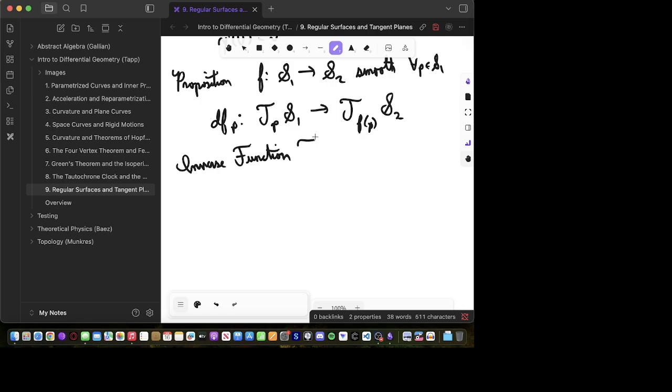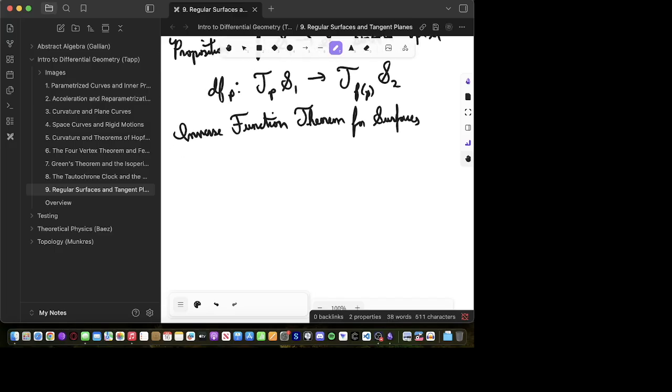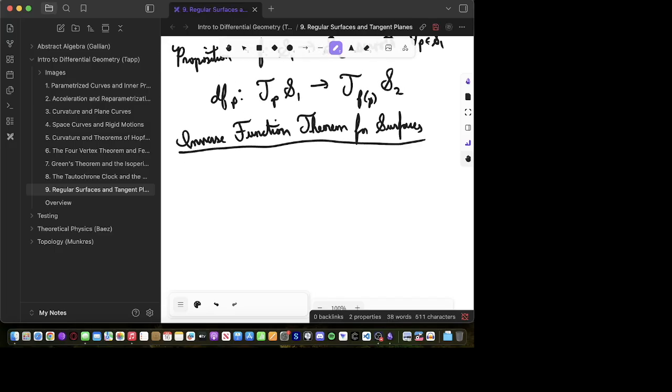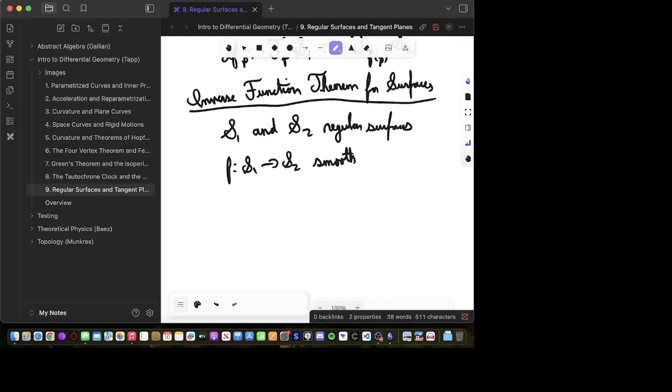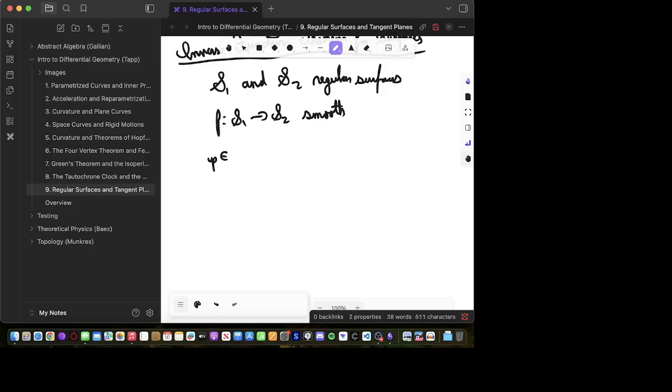Again, I sort of didn't do it justice last time, but now I have more space on my computer, so hopefully I should be able to discuss some more. But this time we're going to be looking at it for surfaces. So, suppose we have two regular surfaces, S1 and S2, and we have a smooth function, f, which goes from S1 to S2. So, if we have a point P in S1,